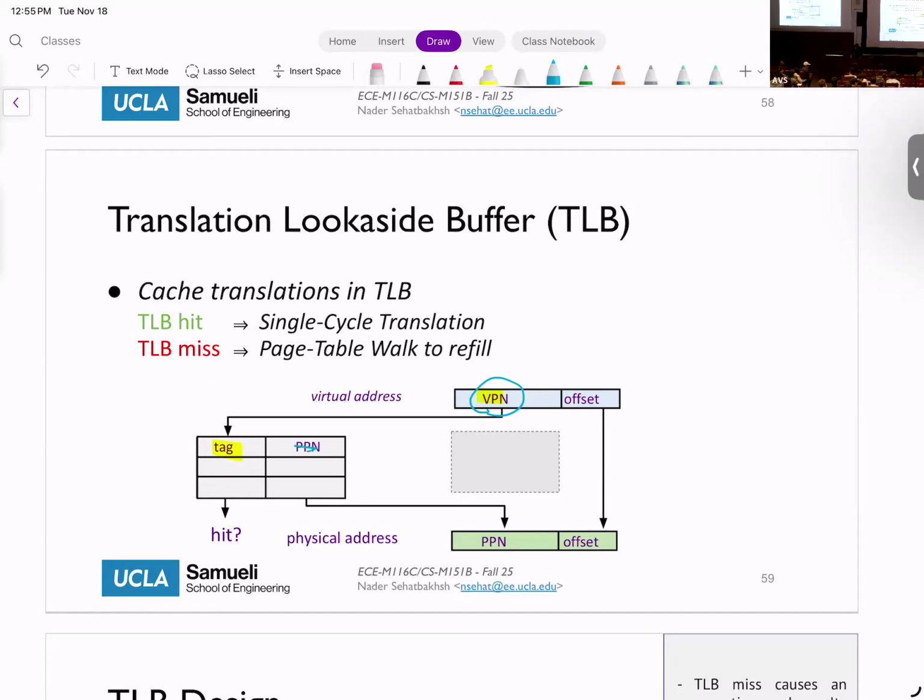Then you take the PPN, add the offset, and you have your physical address. If it's not a hit and it's a miss, then you walk the page table to refill the TLB and also provide the physical address.